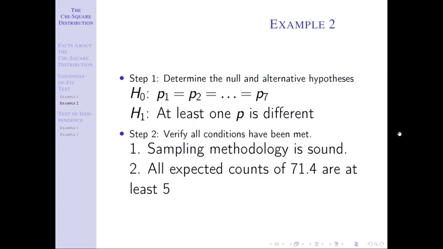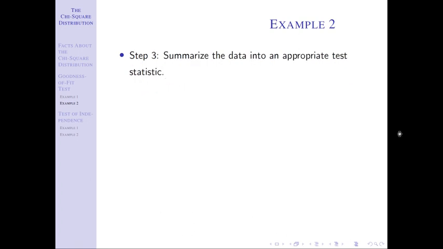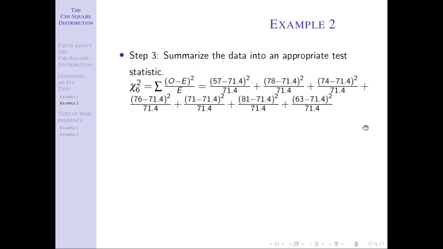If k is 7, that means we have 6 degrees of freedom. And then from there, it's just plug and chug. You will need a calculator. Notice we write out all of our observed counts. Here, we subtract the expected counts, square them, and then divide by that expected count. Again, in this case, like we said, our expected counts are all the same. That's nice. In the proposed distribution world, they may have some repeats, but they may all be different, right?